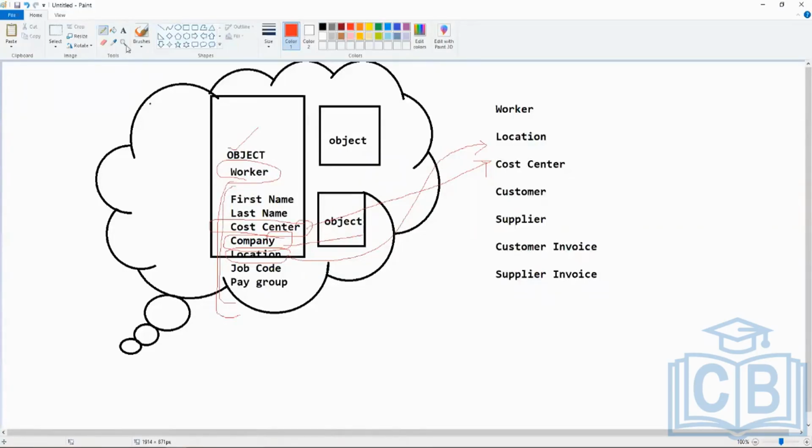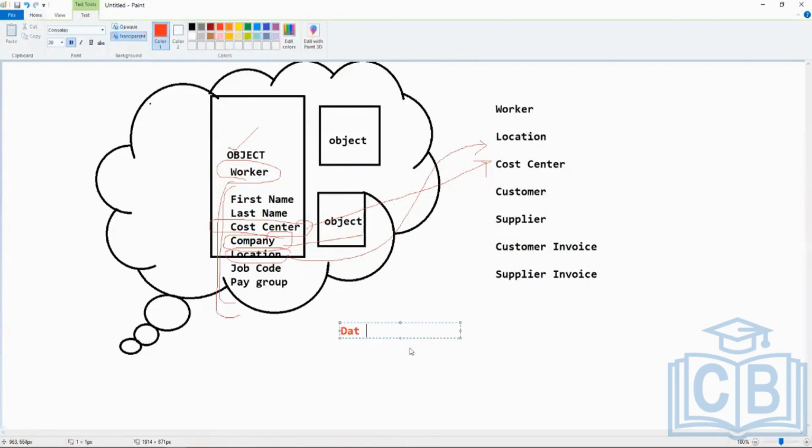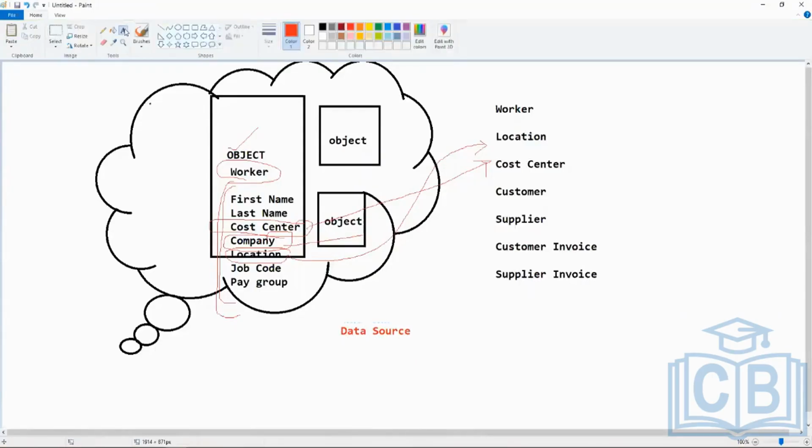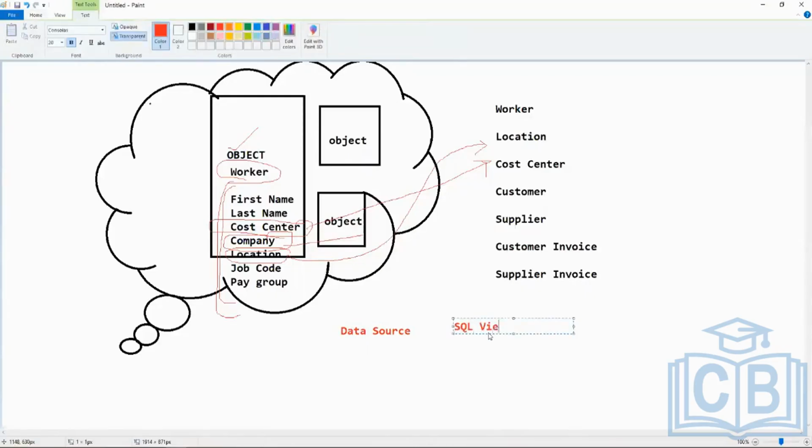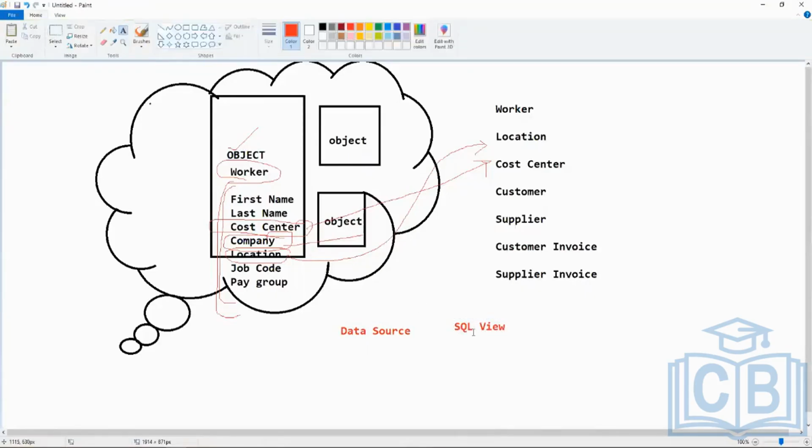Now there is something called a data source. Right? And if you want to remember it, you can consider it as a SQL view. But you will never use these terms. I'm just saying that you can relate to it and you'll be able to understand.